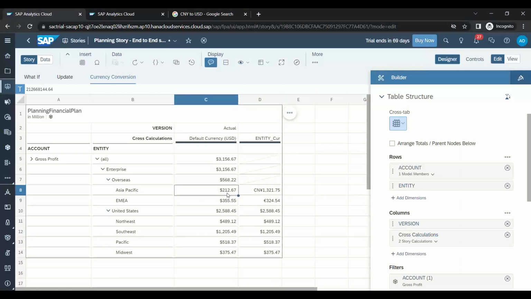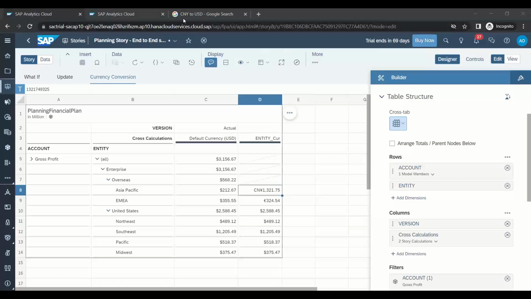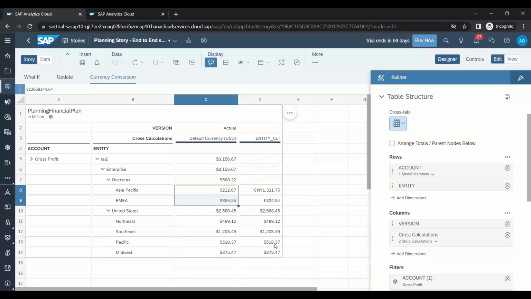So it is coming to be 212. Right now the fluctuation is very high in currencies. The yuan is depreciated against the dollar. Dollar is appreciating against all the currencies. So this is basically the old rate which we have used. Based on that, this is what the currency converted amount was. Now, this proves that Analytics Cloud is doing all the foreign currency conversion to US dollar according to the rates